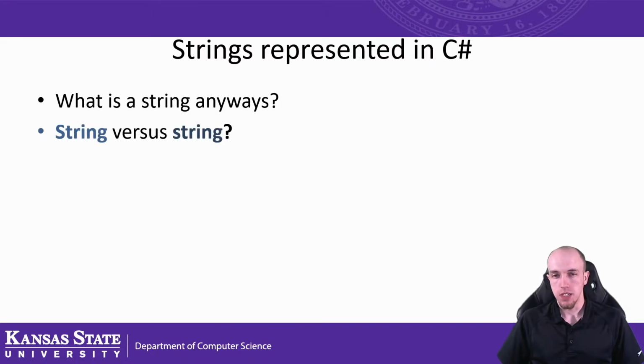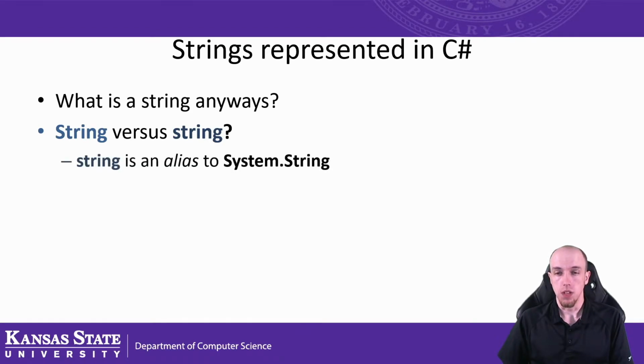C Sharp is very much like Java, and I like to say about 60 to 70% Java and maybe 20 to 30% Microsoft. But all things in C Sharp are objects. For example, the integer data type that you're so used to is just an alias to the System.Int32 class. So when you write int, all lowercase, in C Sharp, that is just an alias to System.Int32. Very similar idea for strings. So the lowercase string representation is simply an alias to System.String.